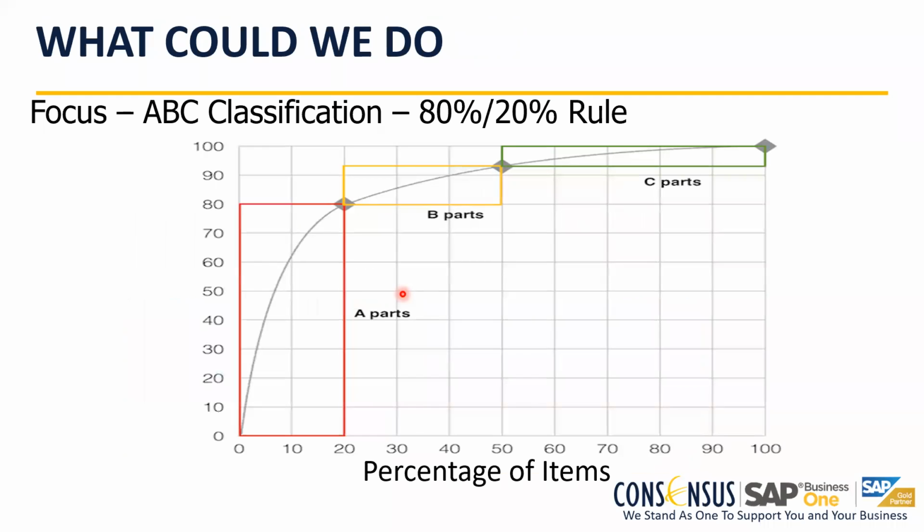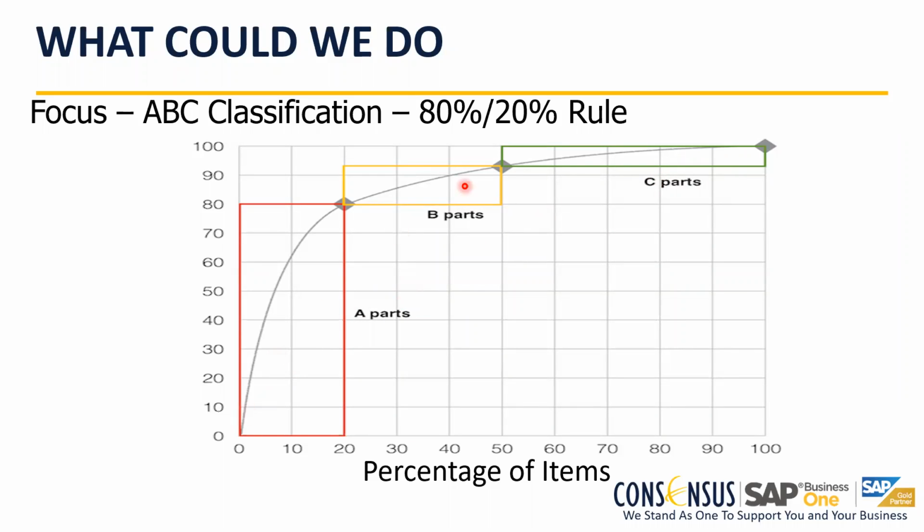But I would like to mention something here. I could have thousands of items. Do I want to be super efficient managing every single item? Do I need to manage every single item that I have in my warehouse in exactly the same way? Maybe not. Maybe I just have to focus on certain items that are called A items and focus a little less on the C class items, C parts, right?